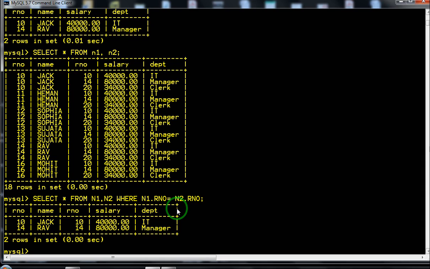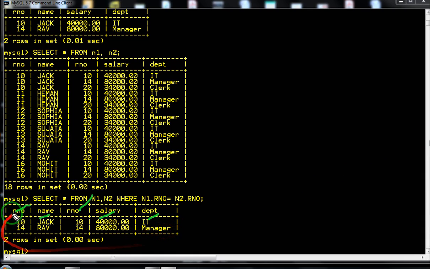In this we are comparing the columns for equality, where n1 roll number equal to n2 roll number. You can see the roll numbers are equal, only those records are displayed. And in this you can see all the fields from both the tables, even if they are identical, all the fields will be displayed. Such joins in which all the fields are displayed and the columns are compared for equality are known as equijoin.